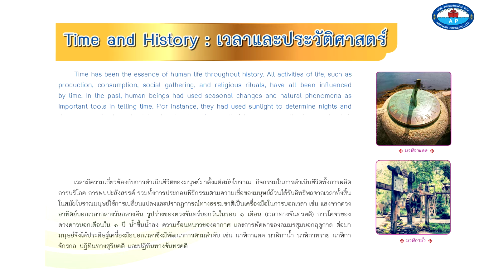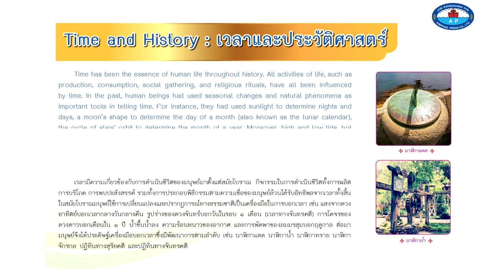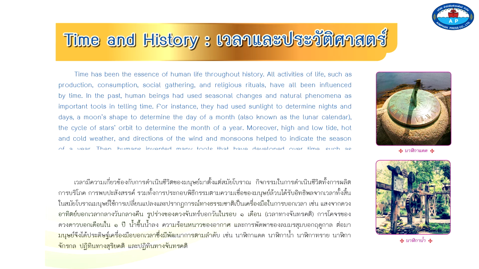For instance, they had used sunlight to determine nights and days, a moon's shape to determine the day of a month, also known as the lunar calendar, the cycle of stars' orbits to determine the month of a year. Moreover, high and low tide, hot and cold weather, and directions of the wind and monsoons helped to indicate the